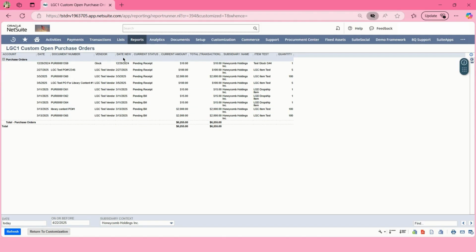You can see that the new columns have now been added, and that's how you add additional columns in a